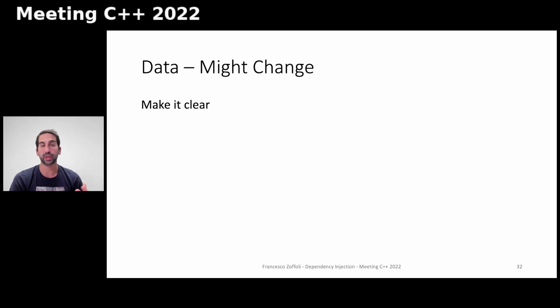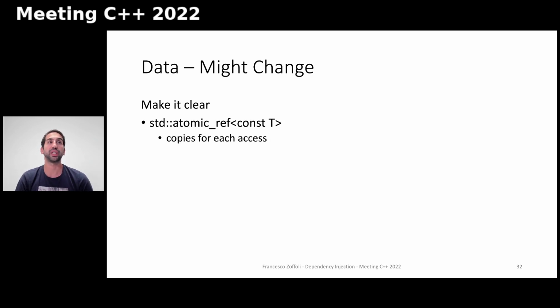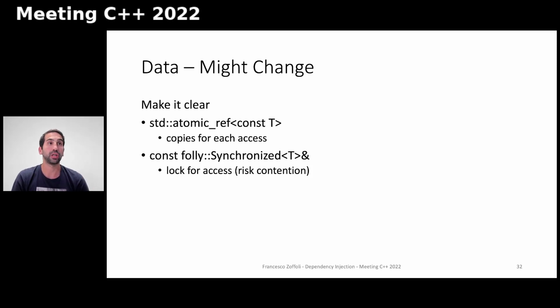When your implementation supports data which might change, it's important to make it clear. What you can do is use an atomic ref, for example. This comes at a cost. There are some limitations on the types that it can be used with, and it also copies the type for each access. Another option is using a fully synchronized. This is a pair of lock and data, which guarantees that the lock is taken for every access to the